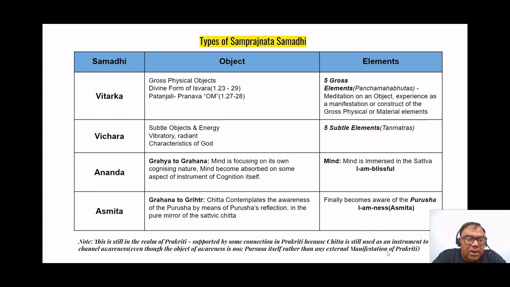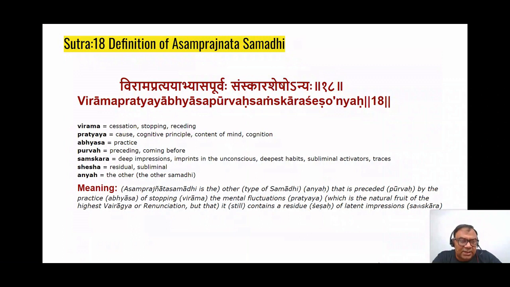See, the point is, at this level also, whenever you have reached from Vitarka to Asmita, you are still using some sort of Prakriti, some sort of Chitta. That's why Patanjali explained the next level of Samadhi. And what is this? This is the 18th verse that gives the definition of Asamprajnata Samadhi. And it says Virāmapratyayābhyāsapūrvaḥ